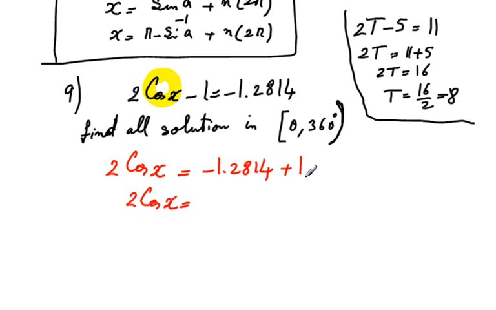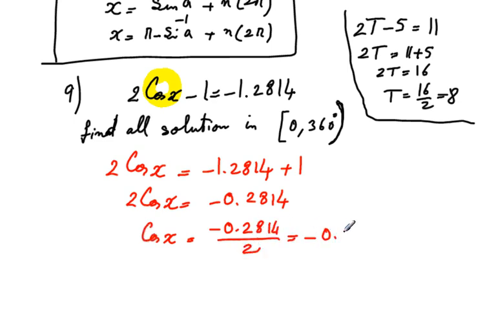Now, you do these problems, maybe you want to use a calculator perhaps. Well, what is that? Minus 0.2814. Just as we did here, the numbers might not be all that friendly. How do I get rid of 2? I don't make a mistake of subtracting 2. What do I do? Divide by 2. So I divide by 2, get something. Now is the time to crank up the calculator. You say, okay, this is x is equal to cosine inverse of,